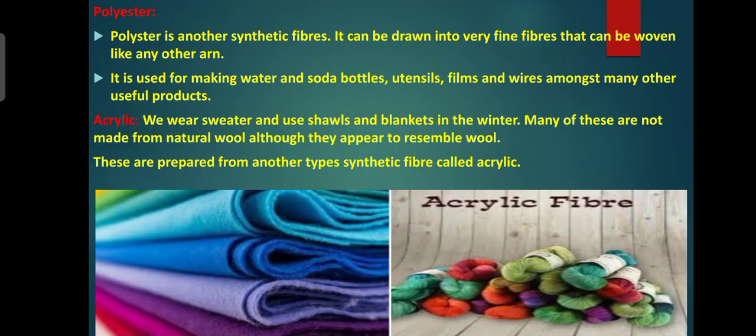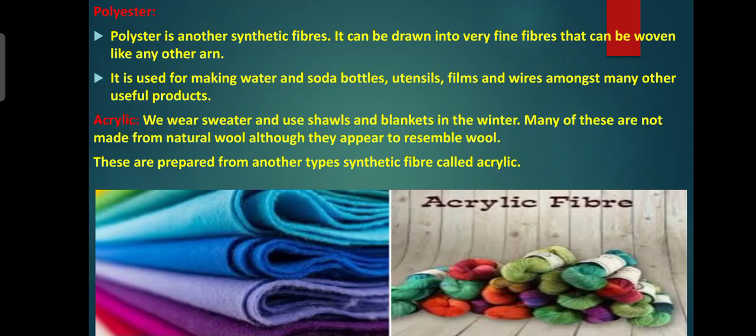Utensils means a type of tool that is used in the home. Polyester is also used for film and wire, among many other useful products. Many of the clothes we wear are made of polyester fiber. Fabric made from this fiber does not get wrinkled easily and is easy to wash, making polyester fabric suitable for dress